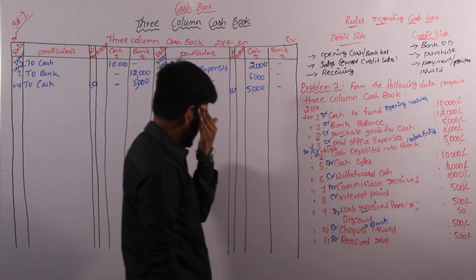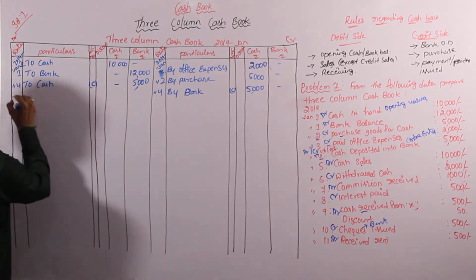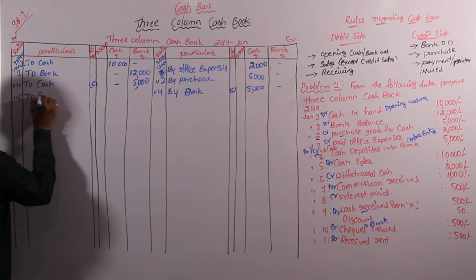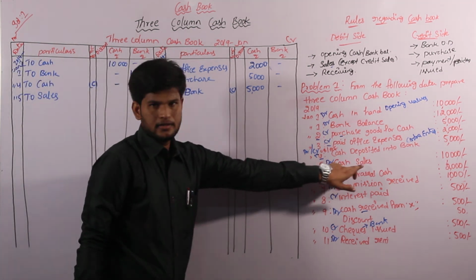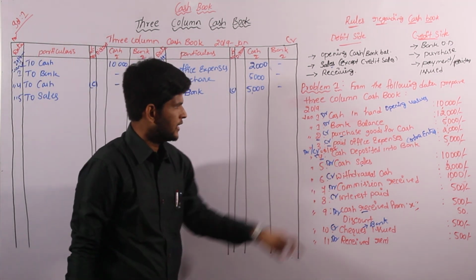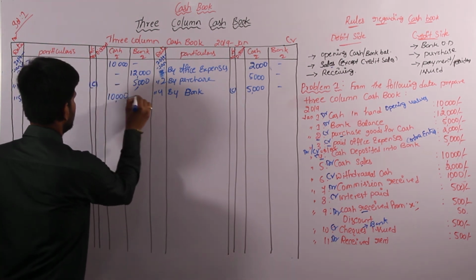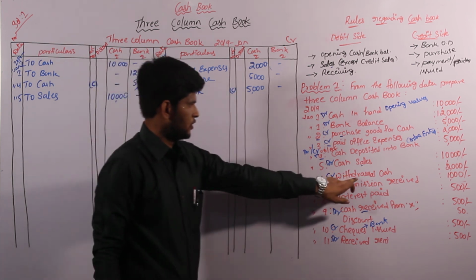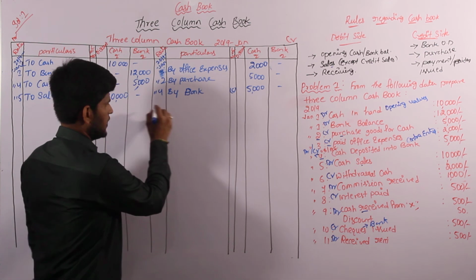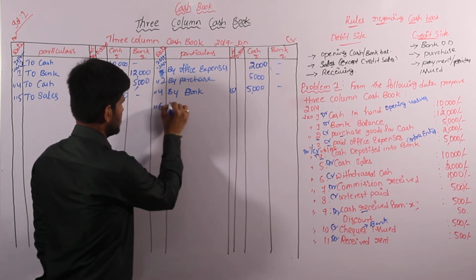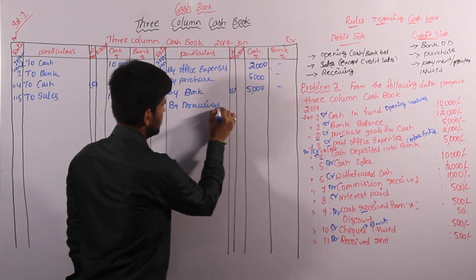And come to the next one, cash sales. Sales is on the debit side, that is on the 5th, to sales, cash sales. So clearly we have cash flow, so we enter the amount into the cash column. The amount is 10,000. Our next one, withdrawn cash. We are withdrawing cash, so we convert this into the credit side, named as drawings. By drawings, amount